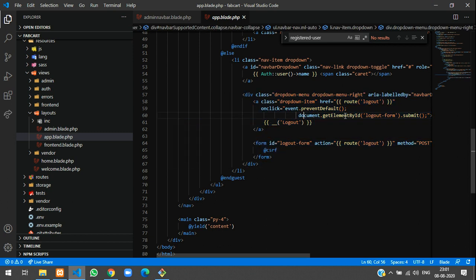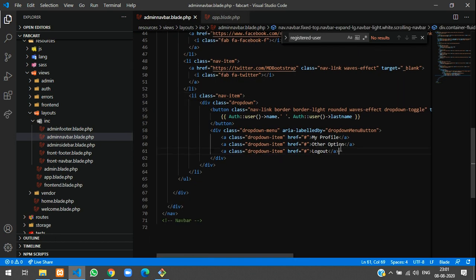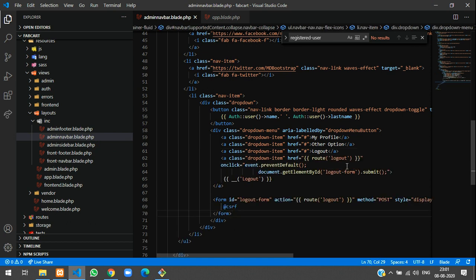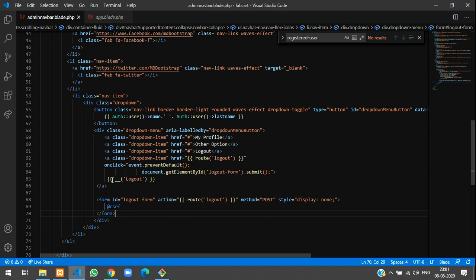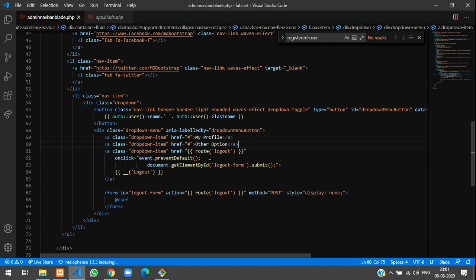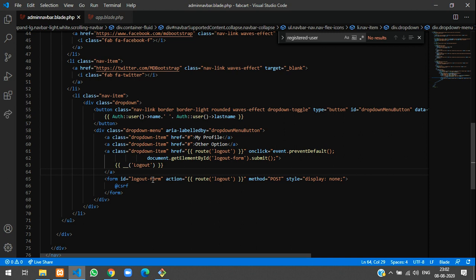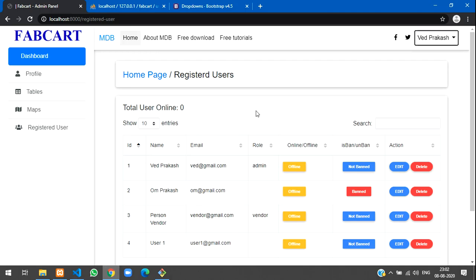This is the drop down button, the logout button for it. We'll just copy this, go to your admin and paste it over here below this a tag. Simple. Let me arrange this very clearly, and remove this logout, which we updated at last. That's it, no confusion, no doubt. We can use the Laravel default logout system and save it. Let me save it and reload the page.